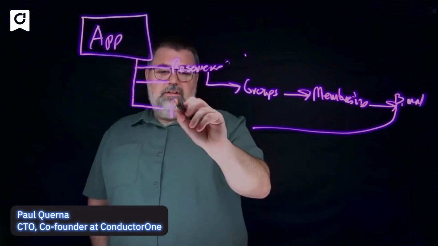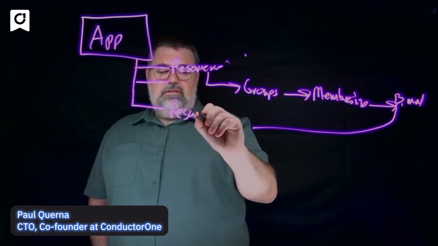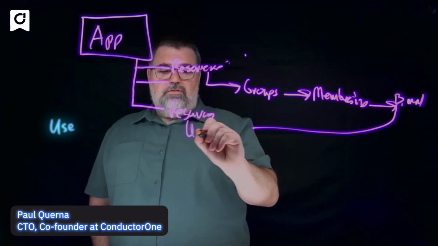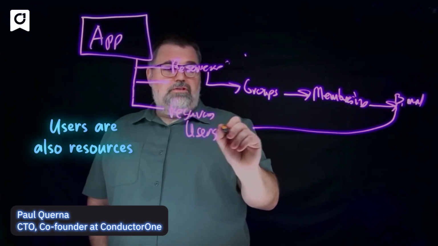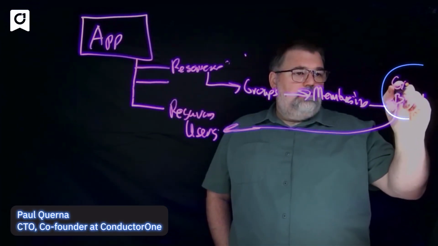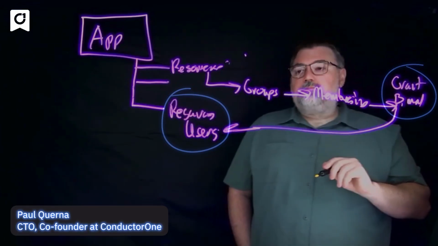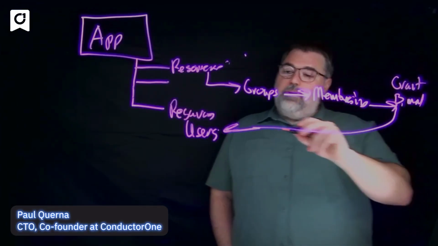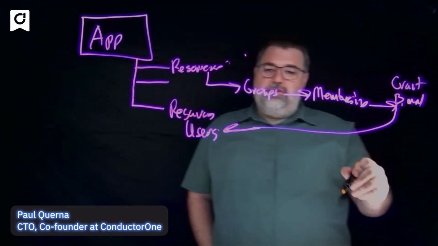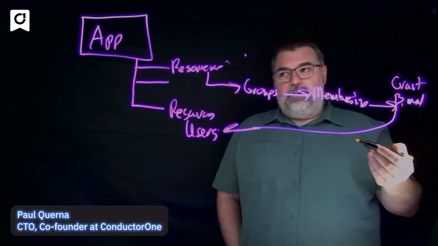And this is the funny thing, in ConductorOne, your users are also just resources. So this grant is a pointer to a user resource. What's interesting is we also can nest all these resources in trees, so you can represent more complex data models,